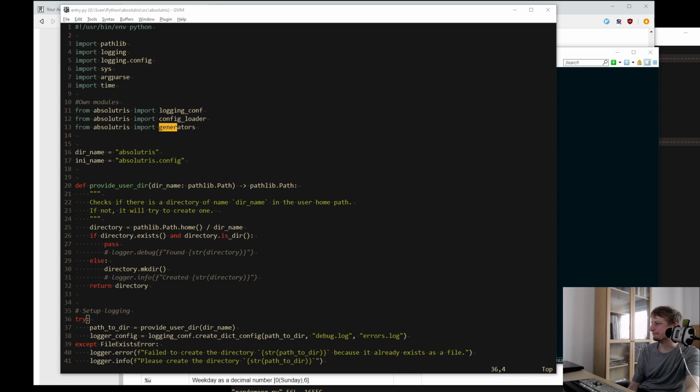In generators random org pi, what am I importing here actually?